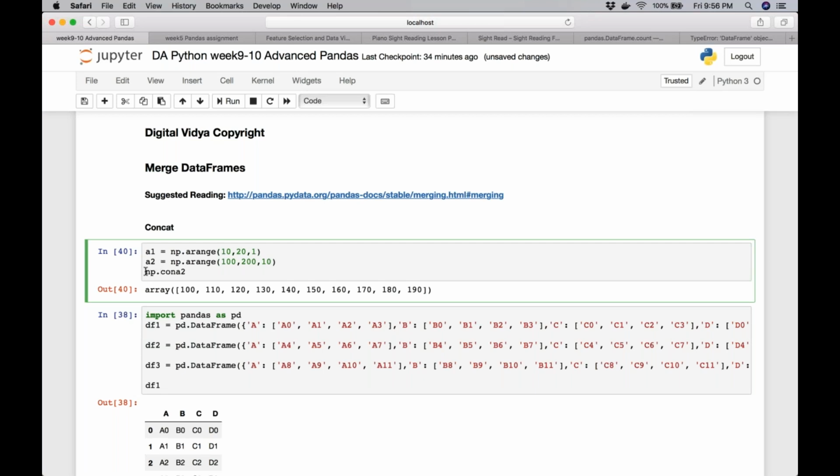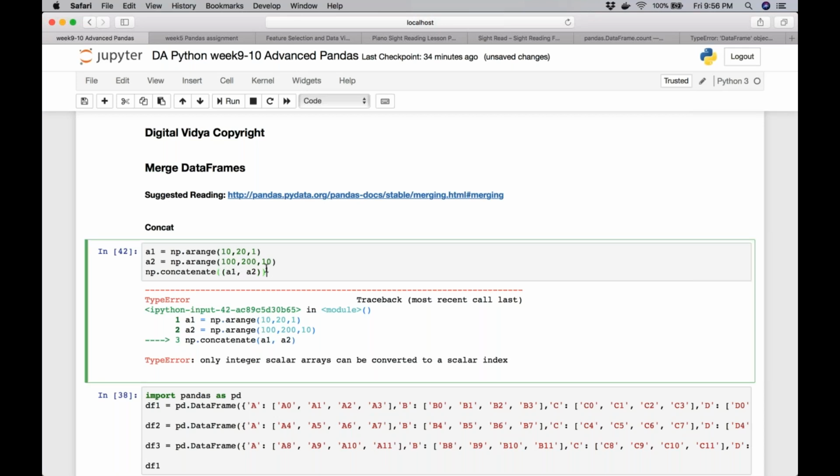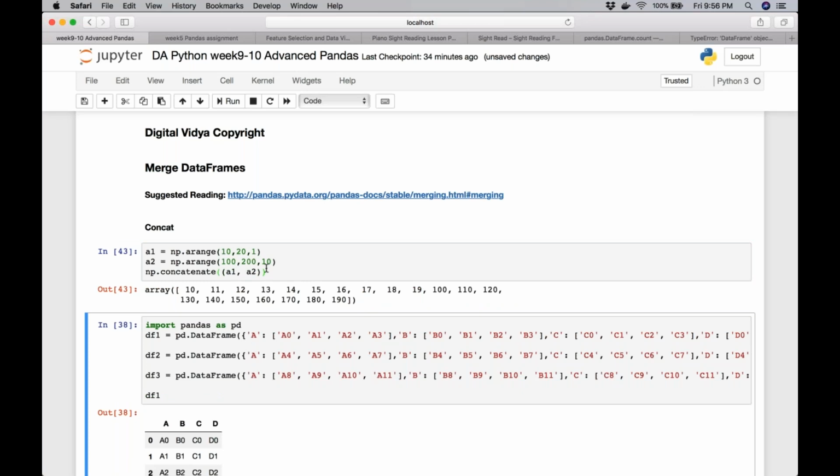As Deepak said, concatenate. And then this has just combined the elements and created one NumPy array. And how do I stack them?